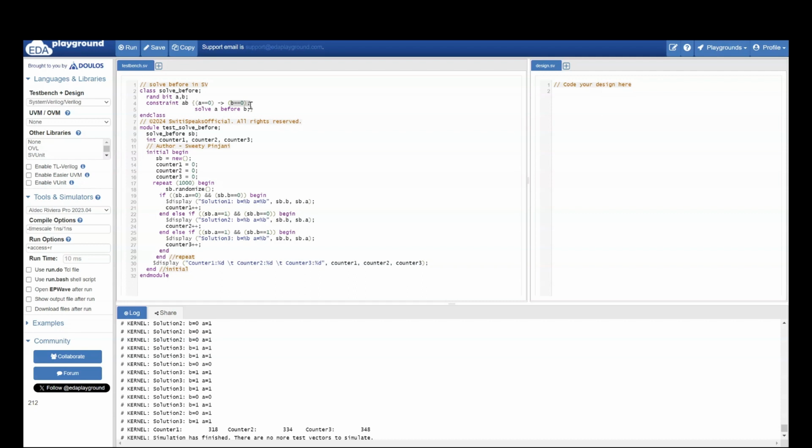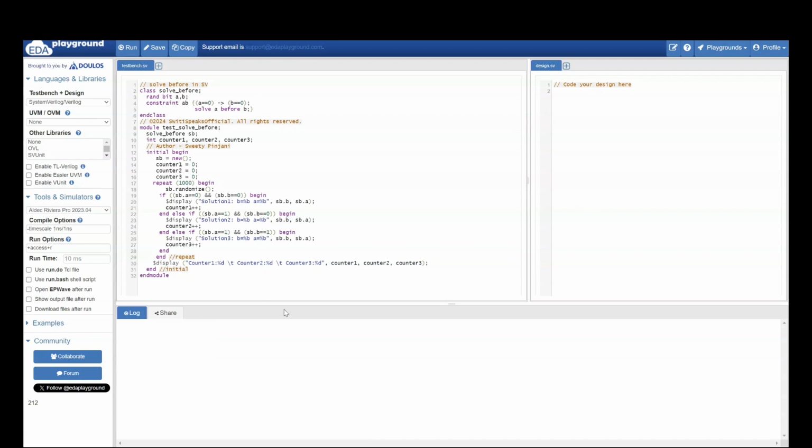So, whenever A equal to 0, the value of A equal to 0 is going to get generated with half probability. And when A equal to 0, B can only be 0. So A equal to 0, B equal to 0 is going to be generated with half probability. And the remaining two values, which were A equal to 1, B equal to 0, and A equal to 1, B equal to 1, will get one fourth probability. Let us run this and see if these probabilities are getting followed.